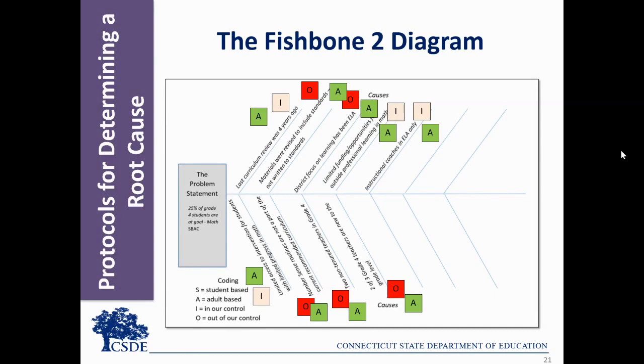In fact, the team considered many of the causes out of their control and felt that the district and others controlled these causes. Again, the power of the diagram is in the discussions of the team as they work to find a root cause. While some causes may seem like they are out of the control of the team, consider challenging the team that there are a few things that are completely out of the control of the school. First, the team needs to shift thinking from what is in control of the grade 4 team to what is in control of the school.